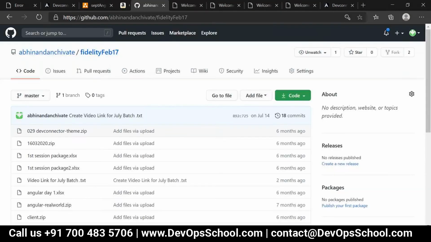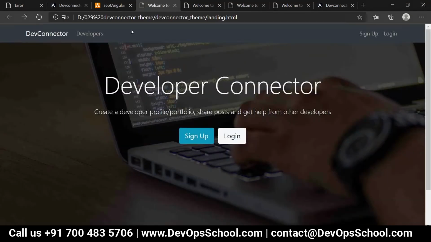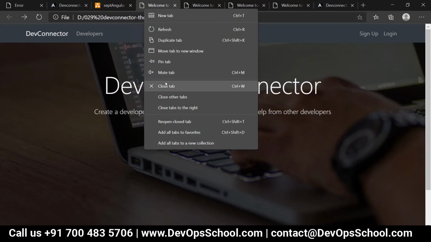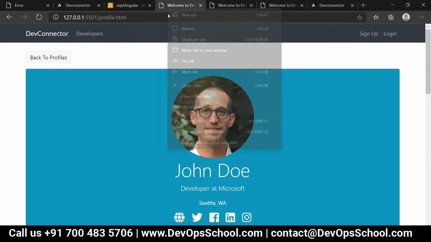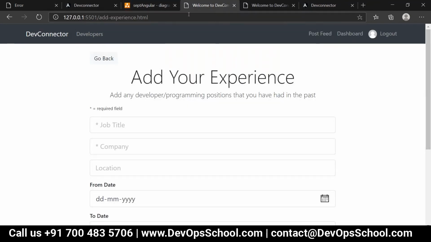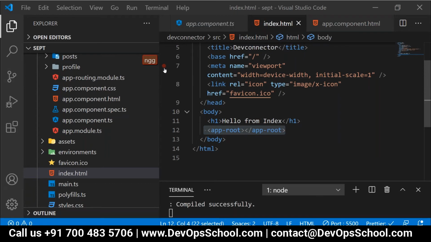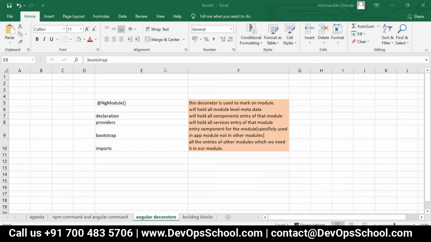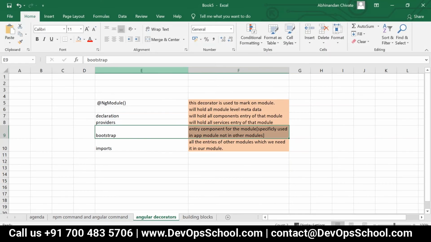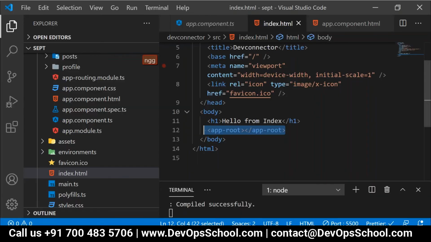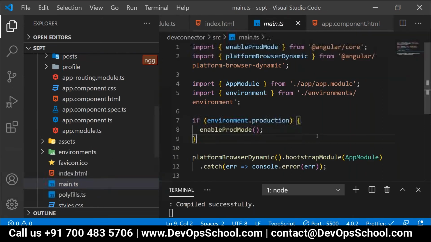Abhi, I just have a question here. Yeah, tell me. So in the flow, can you go to the flow part? From index.html, there was a selector app root. So you're saying it is going to hit the app module, and in turn it will find the app component. Correct. Can you show me the code where it will touch the app module? Like from index.html, how does Angular touch the app module? Okay. That part will happen internally, and it's going to deal with your main.ts as well.